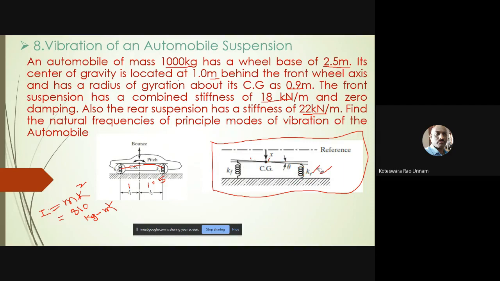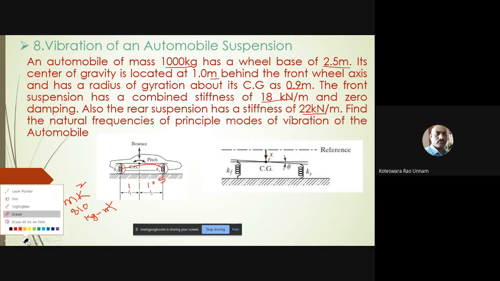Before going to the elements, first I'll identify the nodes, where I have to create the nodes. Then I'll select the different element types I need, and how I can create the elements. So we'll see that. First we need to identify how many nodes we need to create. To create this spring, I need one node at its starting point and one at its ending point. Let us say this is node number 1, and this is number 2.